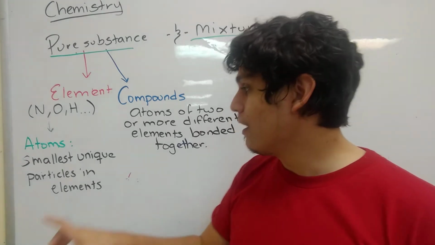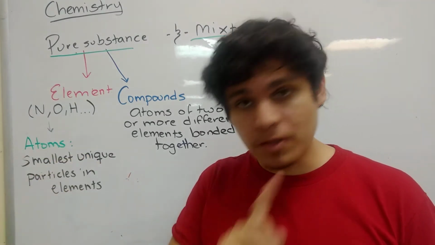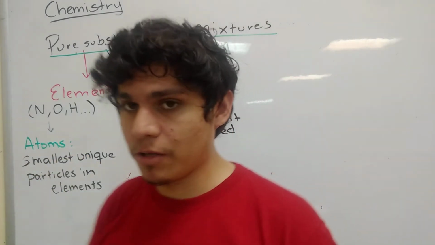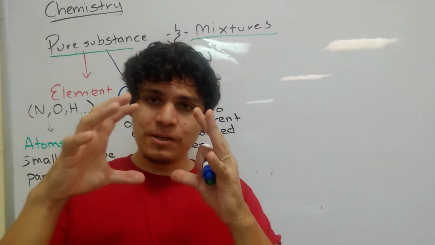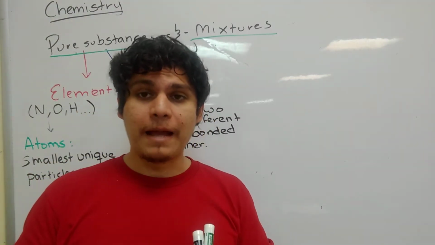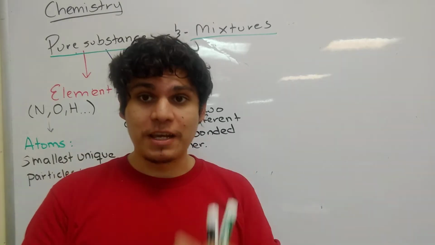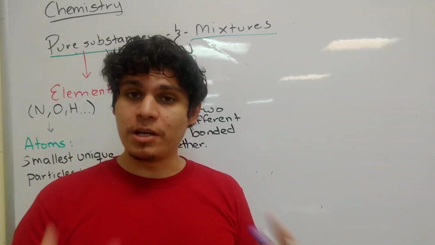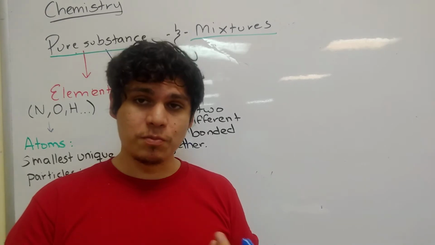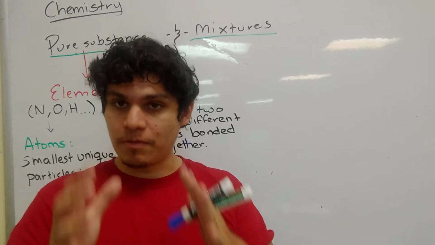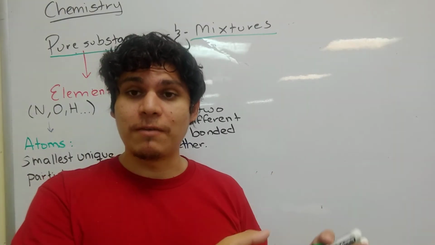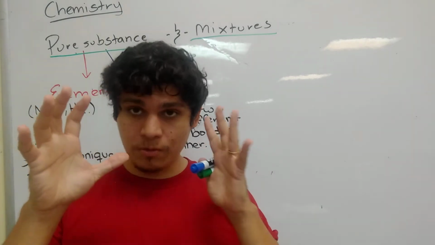On the other hand, an atom of one element is not the same as the atom of another element. For instance, you can think of atoms as little spheres, and there are probably a lot of chemistry majors that would kick me for saying that. You have so many different interpretations of the atom. You have the Niels Bohr representation, and then down the line, a bunch of chemists have altered that. But we're going to go ahead and stick to simple facts.